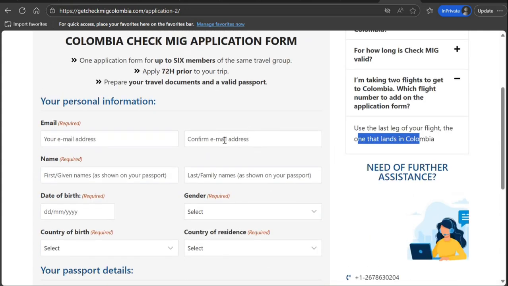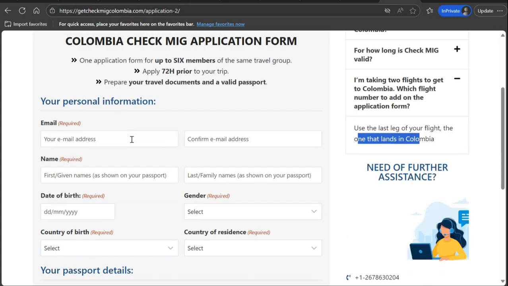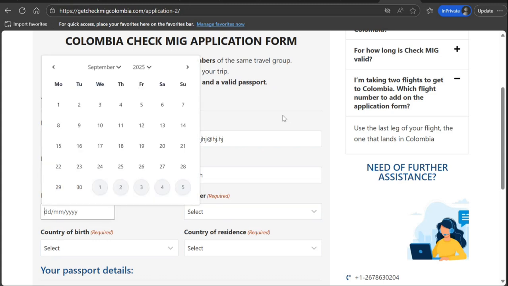All right, so I'm going to put some sample. You do it as per your own case. Email is very much important because this is where they're going to send it. I'm just putting sample. First name, last name, date of birth,